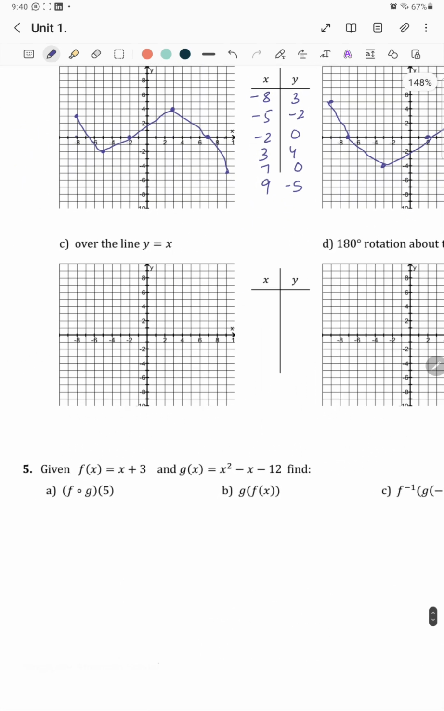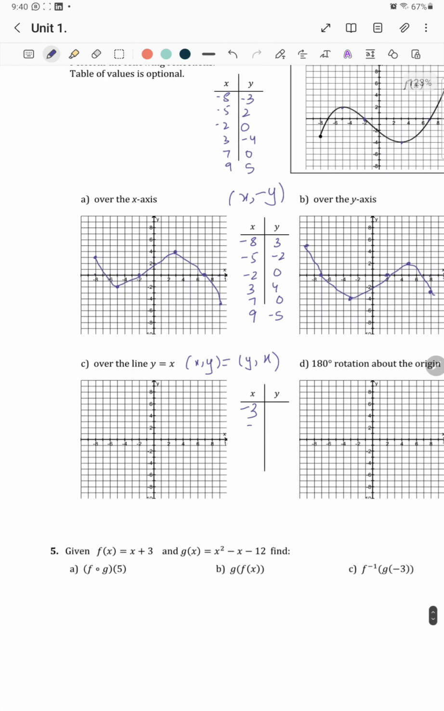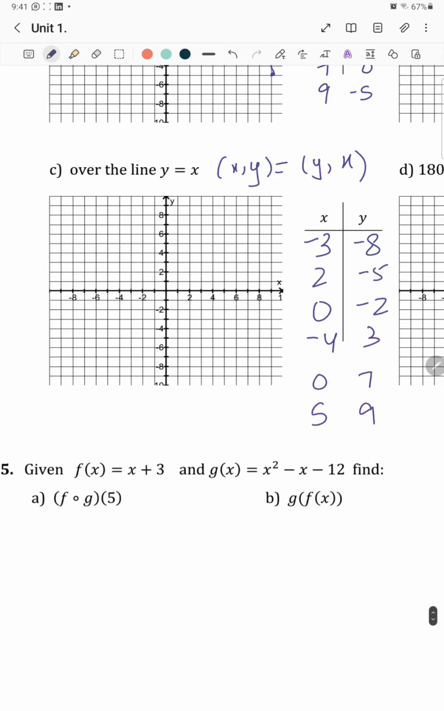Okay. Over the line y is equal to x. So over the line y is equal to x, xy will become yx. -3 and 8, 2 and -5, 0 and -2, -4 and